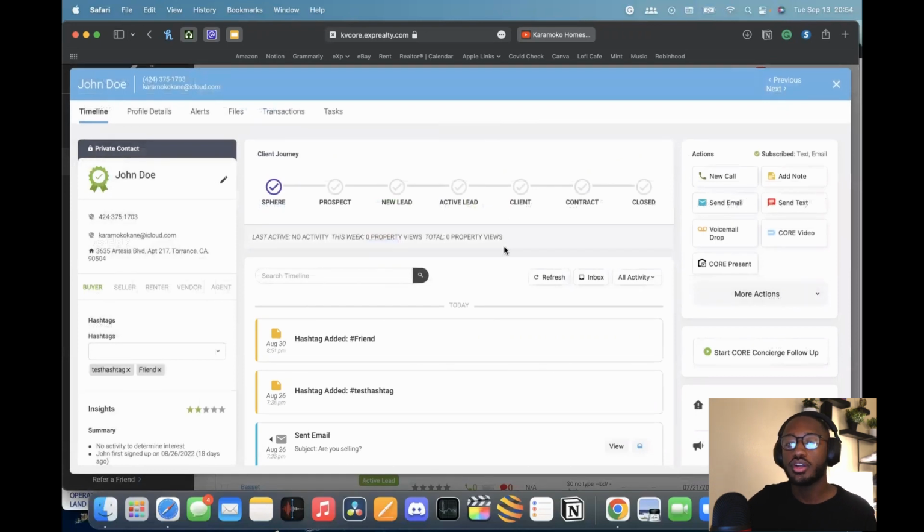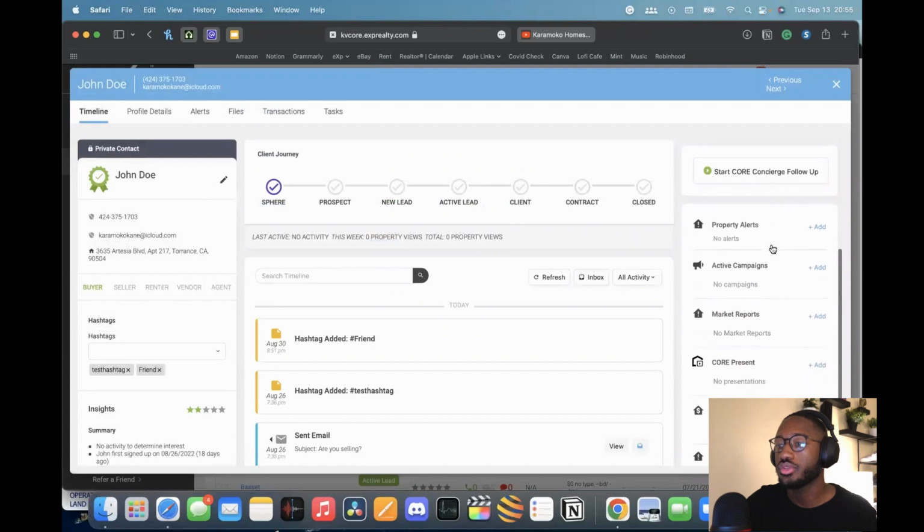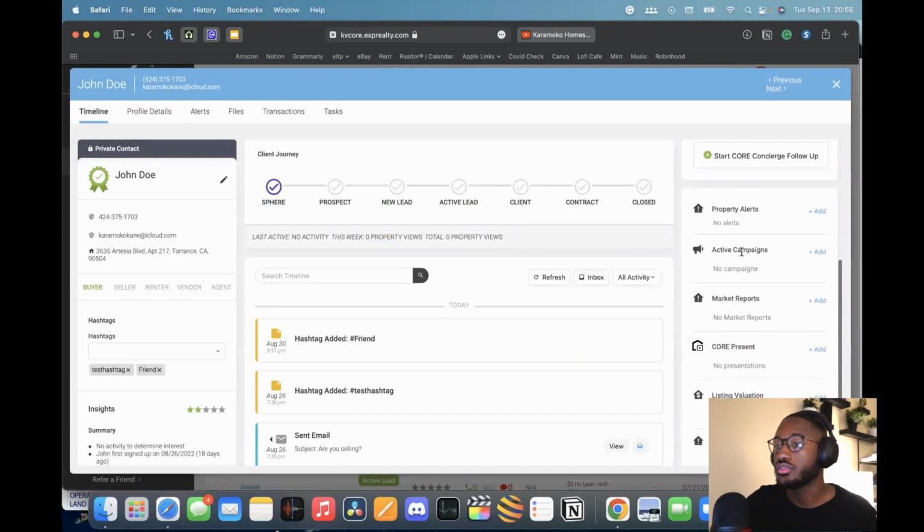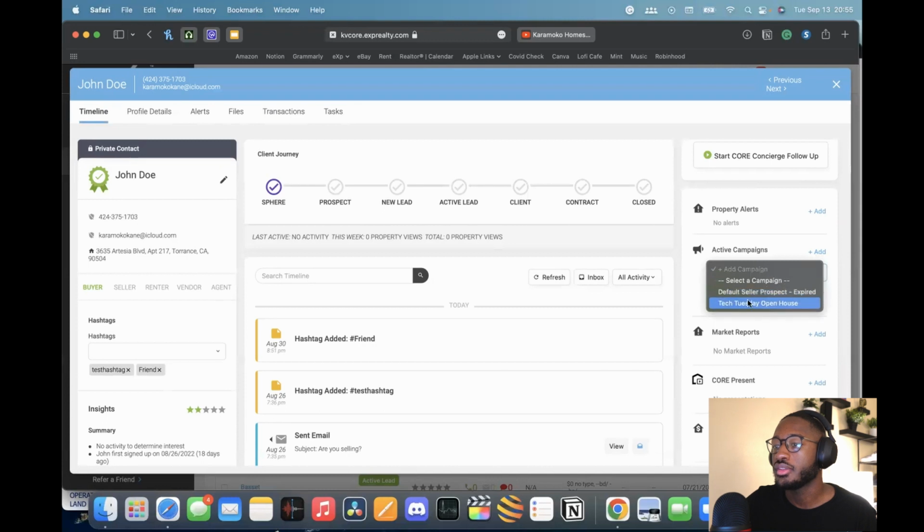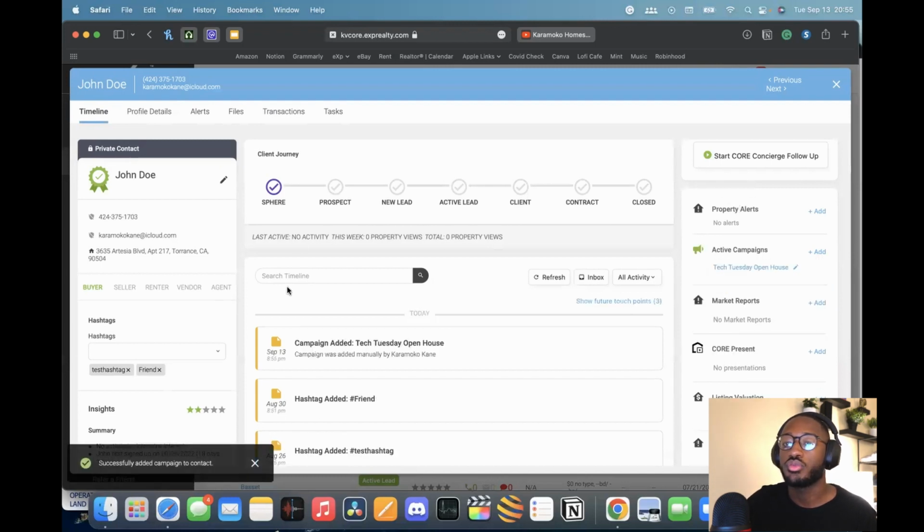When you open up a contact and you have all their information, if you look on the right-hand side and you scroll down, there's active campaigns right here. This section is where you can add them manually to a smart campaign. If I click on add here, I can add campaign, and there's our Tech Tuesday open house one that we just created. If I click on this and press add, John Doe will be enrolled into that